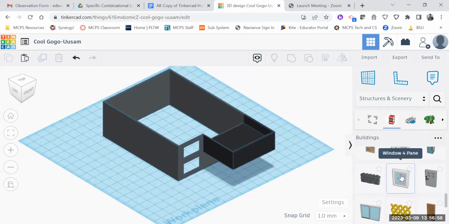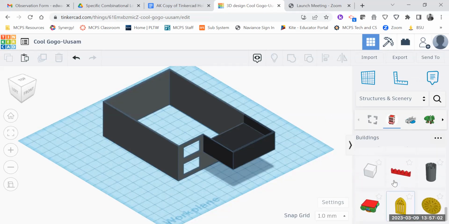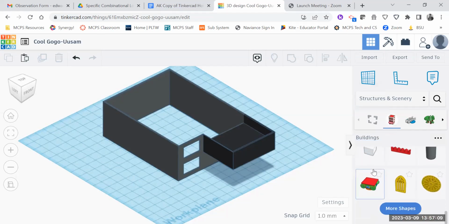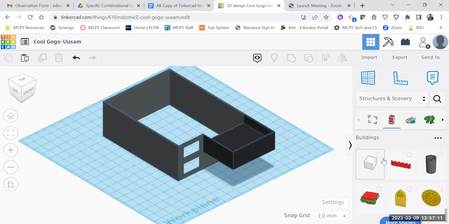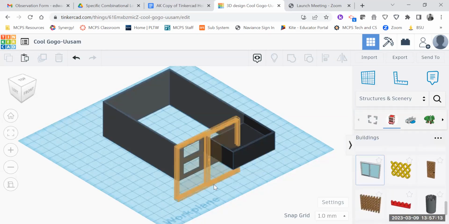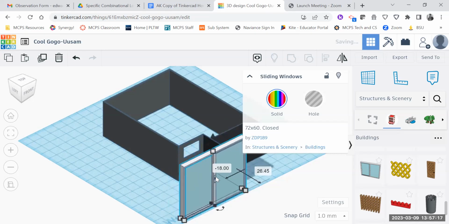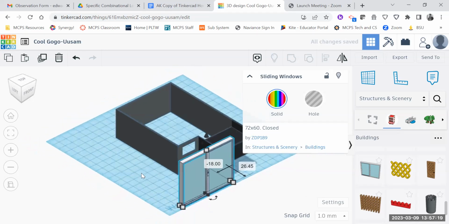So then there are some windows here. I guess you could search for that as well. But this is a pretty straightforward window. It's not exactly the window I want, but given my time constraint, I'm going to go ahead and just use that instead of creating my own windows. So I pull that in, obviously way too big, but that's perfect. So we're now going to